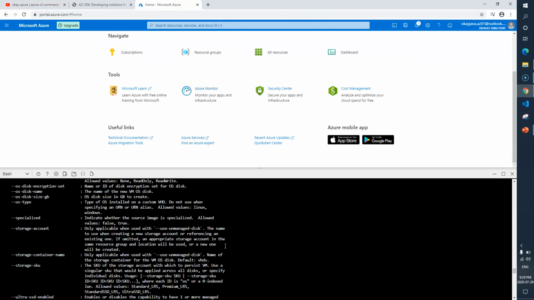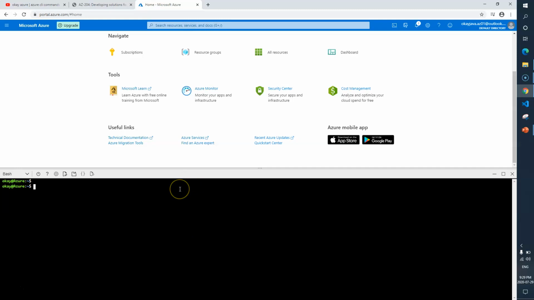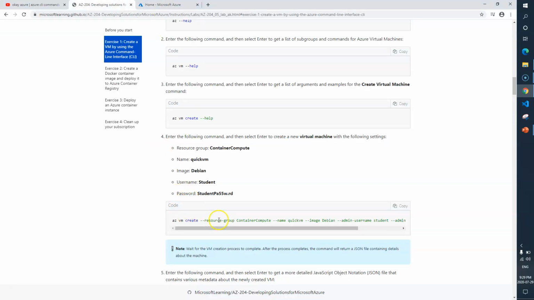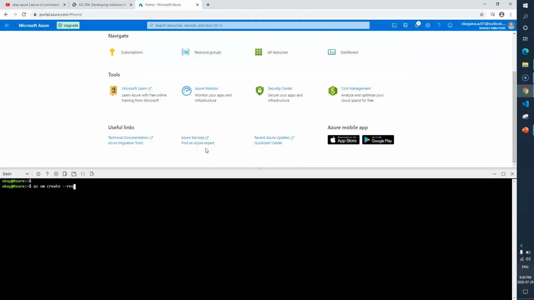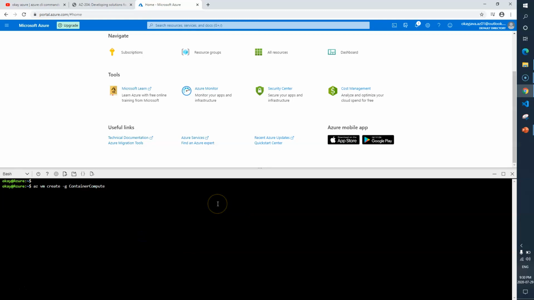Okay, so what I will do is let me just go down and clear everything here. Now I'll type az vm create. I'm going to create a new virtual machine. Now, first thing is that you need to select the resource group. That resource group is container compute. So the command is this one. Either you can use --resource-group, or you can also make use of -g. Then -n.